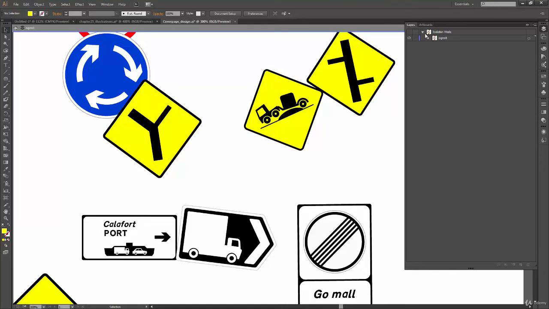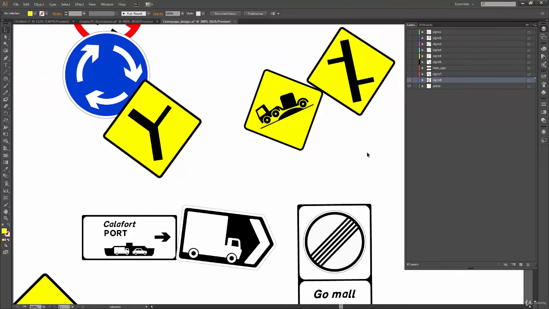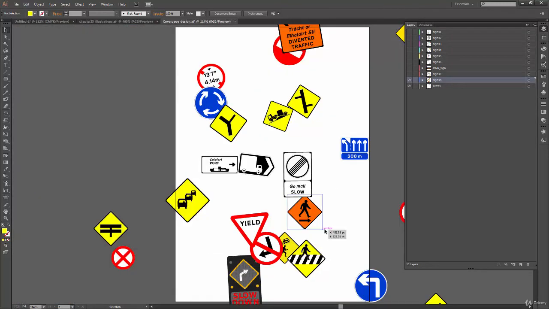Okay, so we have seen that thing, and let's jump back to our layers and press Ctrl 0 for fit to screen. Now the next thing we are going to see is this name here. So you can double click on this name and you get the option to rename your layer. So you can rename it to anything. So let's say Sign 8 and I will say update 1. So I have just updated the layer, so I will just say update 1. So yeah, that's how you can rename your layer.